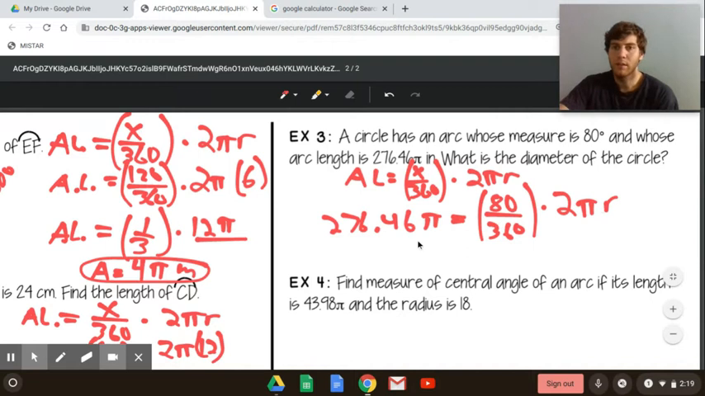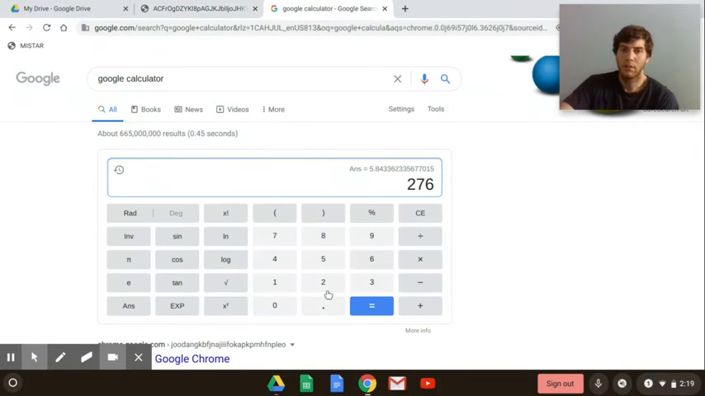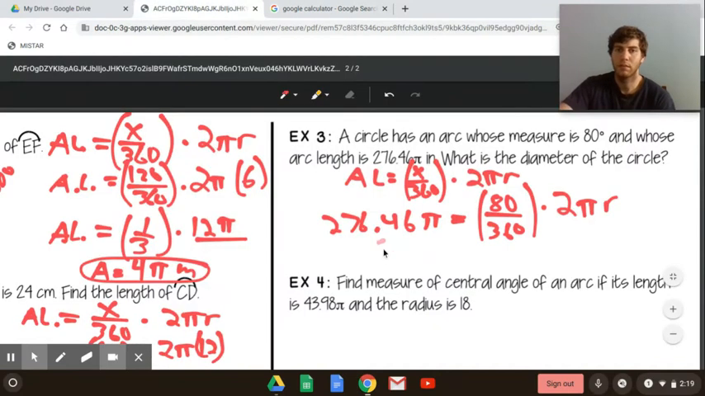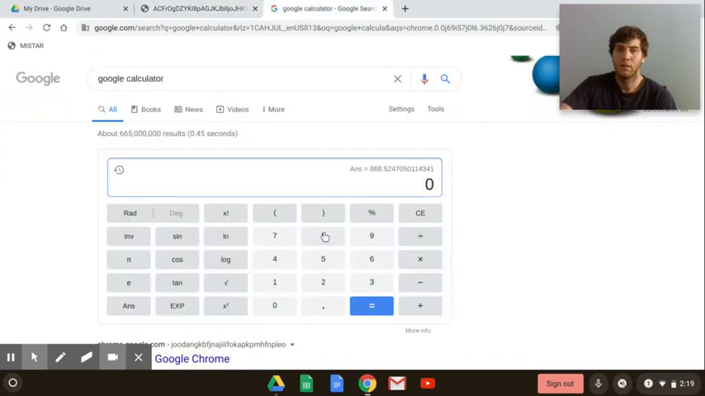I'm going to simplify each side of the equation first. So on the left side, we have 276.46 times pi. And that's going to give me 868.52. On this side, we have 80 divided by 360 times 2 pi. So we're going to do 80 divided by 360, and then times 2 times pi. Okay, that's 1.39, so 1.40